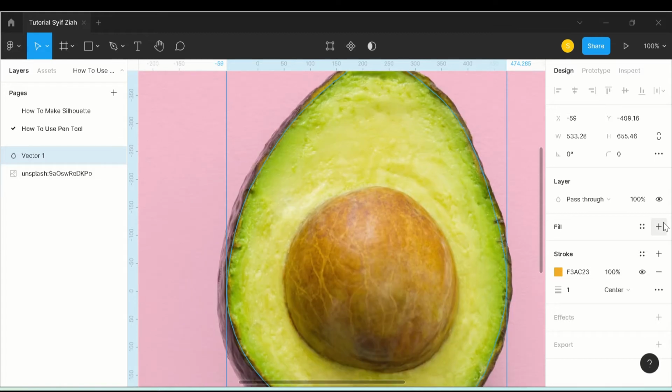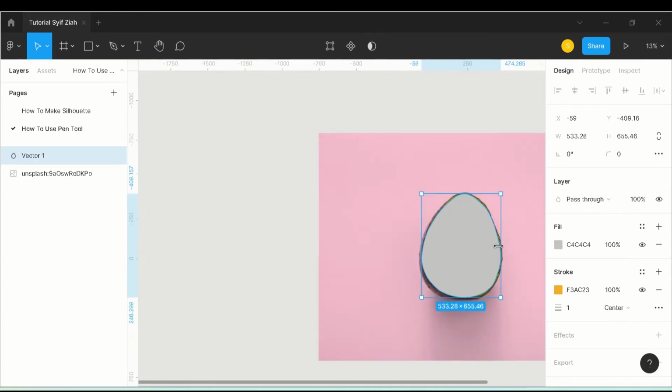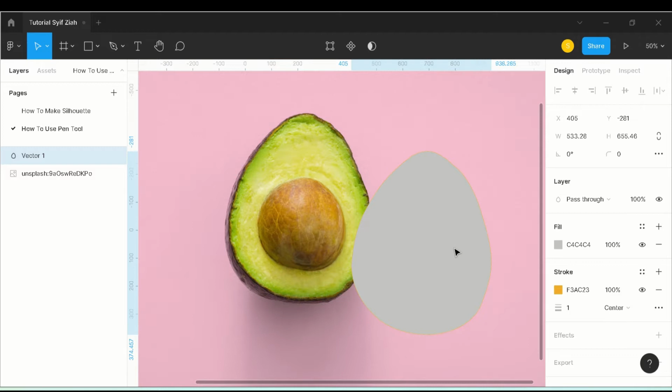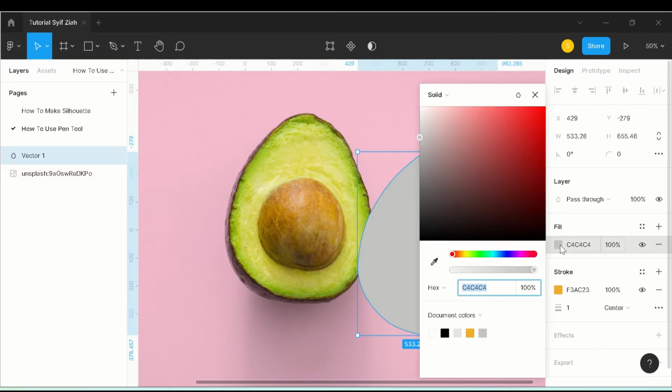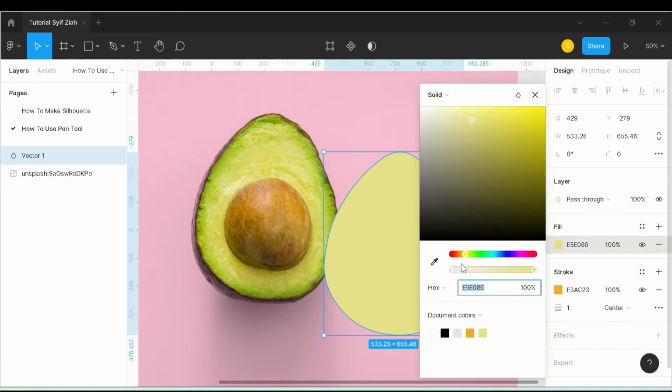And then you can click fill. Yes, I wanna make it the same color. Okay.